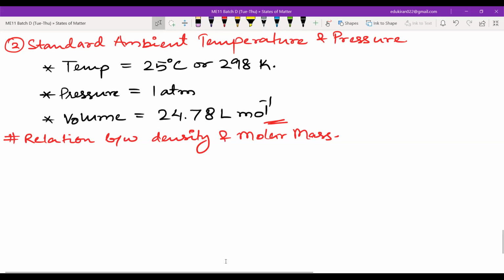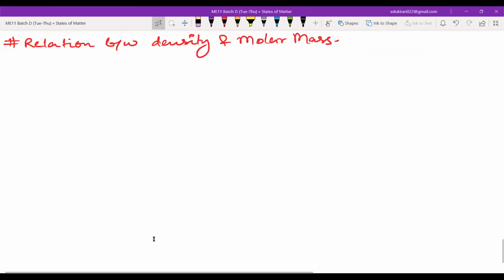Done, guys? Okay, now write the relation between density and molar mass. So we know that the formula for the number of moles is the given mass divided by the molar mass. What is the given mass? The given mass of the gas divided by the molar mass of the gas, if you are talking about a gas. And according to Avogadro's law,